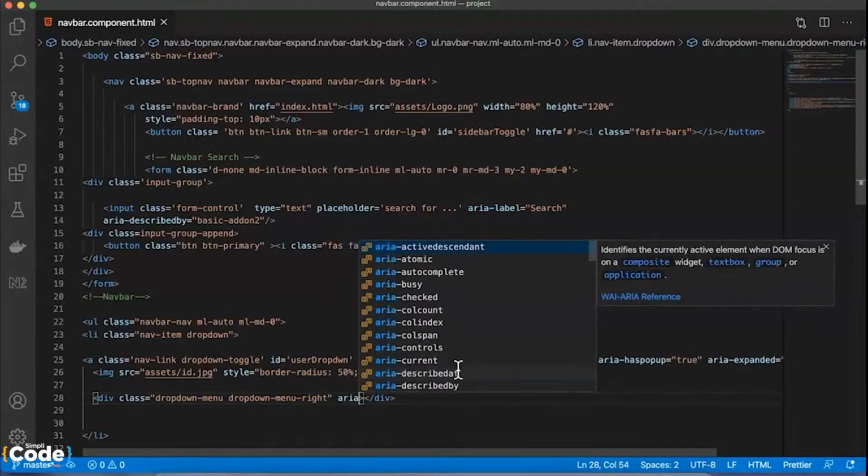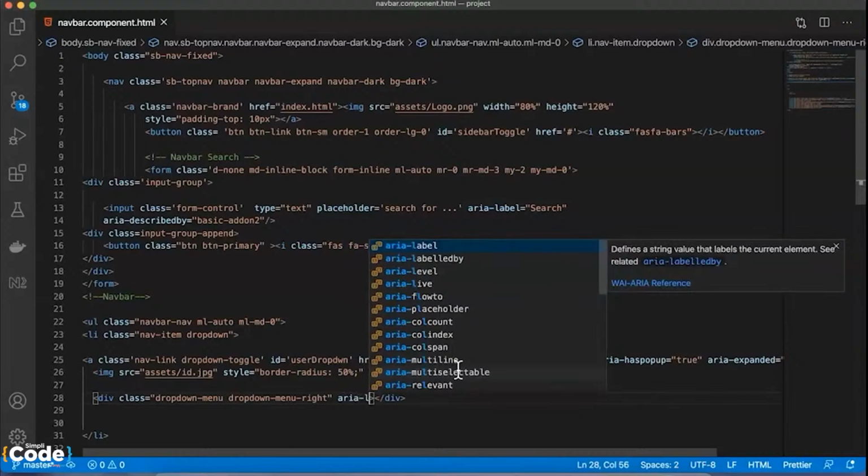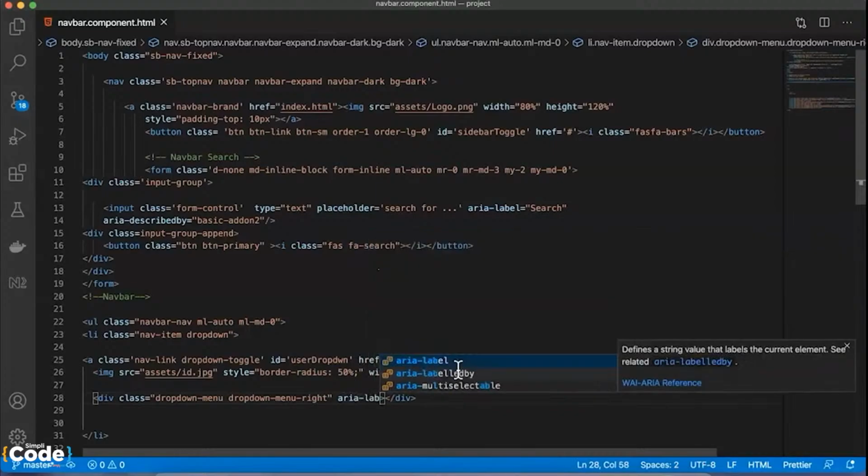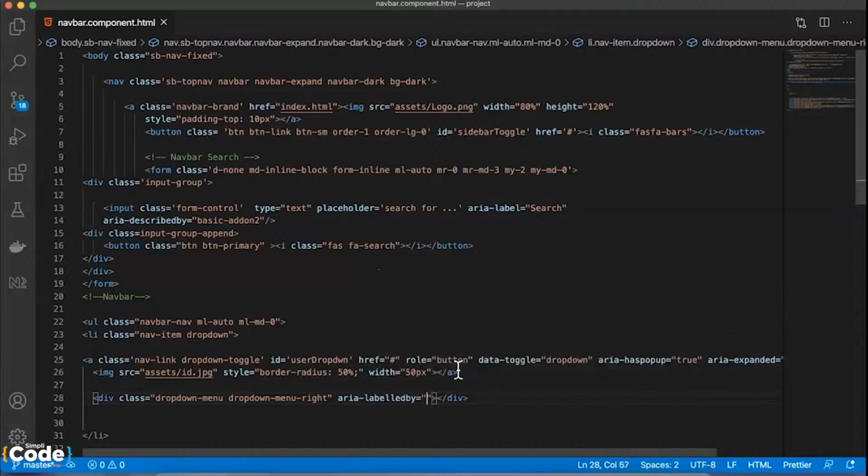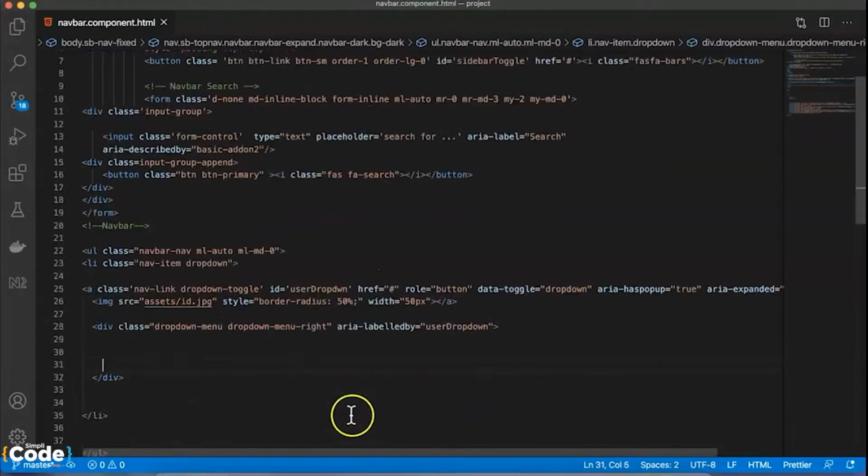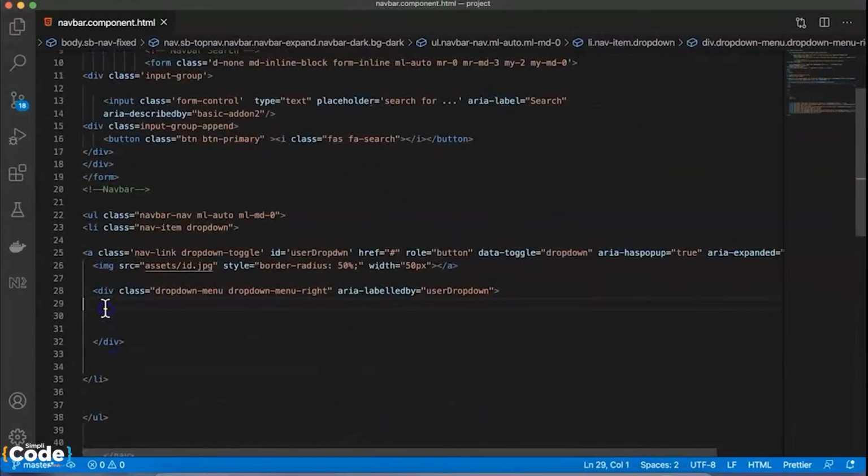aria-labelledby, you can see this option called labelled by, equal to, give the option name called userDropdown. I'm just giving the value userDropdown. Value has been given. Now within this div tag itself, we'll be adding some more values. What those values will be? I'm saying anchor tag